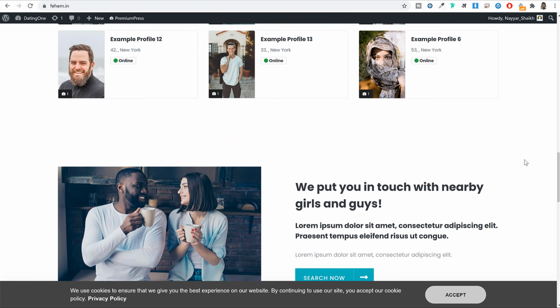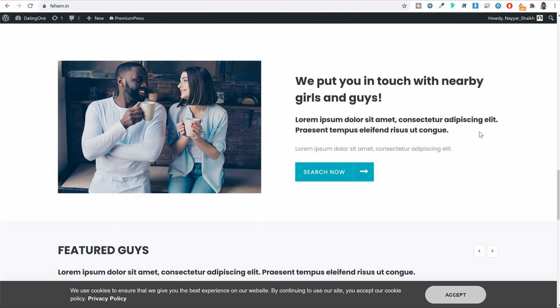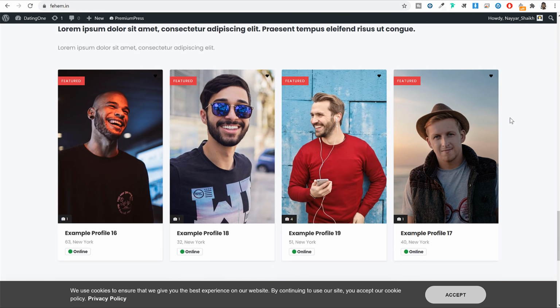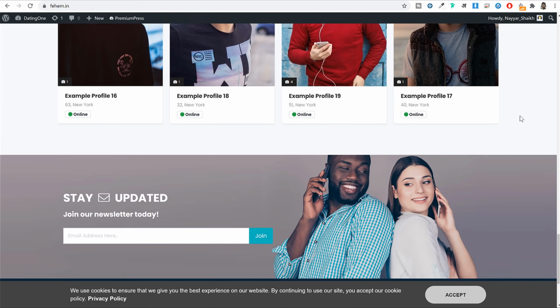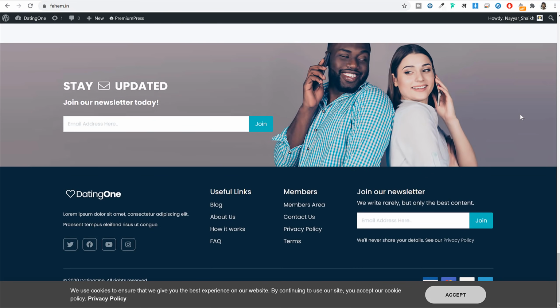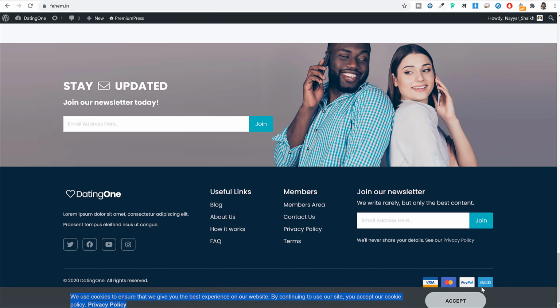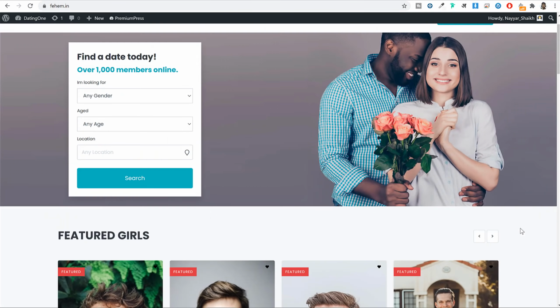Then when you scroll down, you again have different sections over here. Let me tell you one thing, creating this website is super simple. We'll be using Elementor to create this website. So creating it is really simple, and you can design it however you want. We'll also see how we can implement the newsletter option over here, how we can use this cookies option, this cookies notice and all those things.